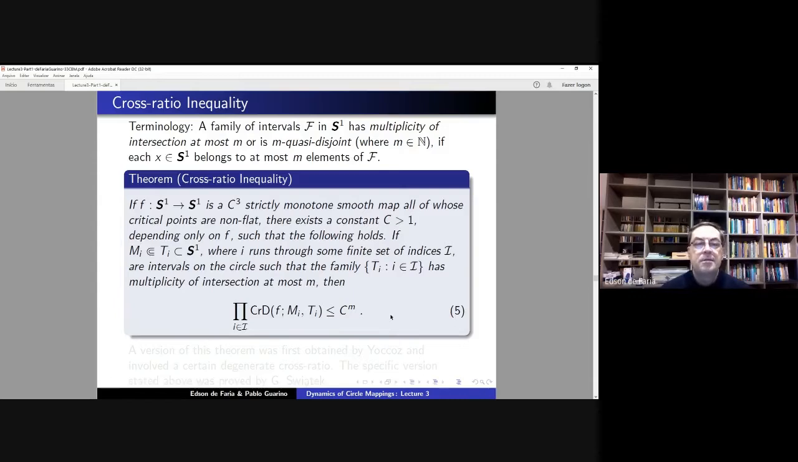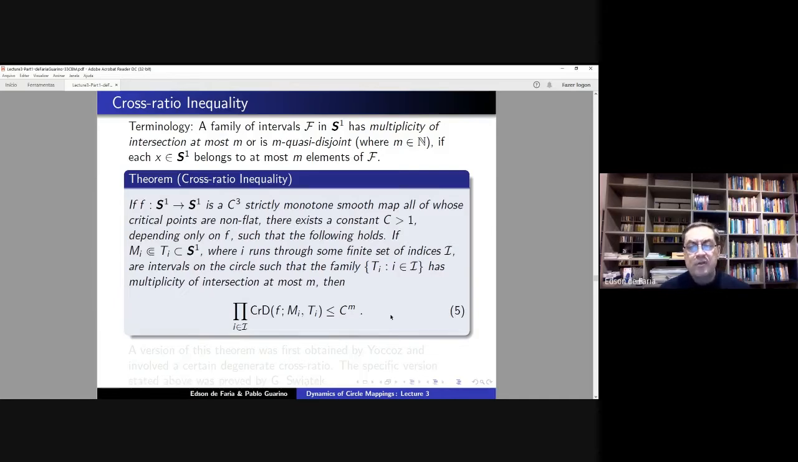It says that if you have a C3 map, which is strictly monotone, and all of its critical points are non-flat. So here you see, you allow the map to be a covering map. I'm not saying that the map has to be a homeomorphism. It could be an endomorphism of degree whatever, yeah? So suppose you have such a map. Then